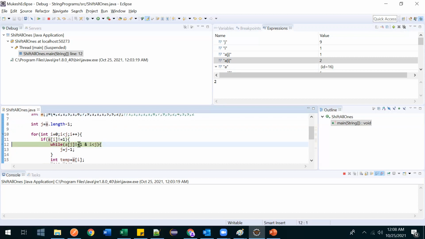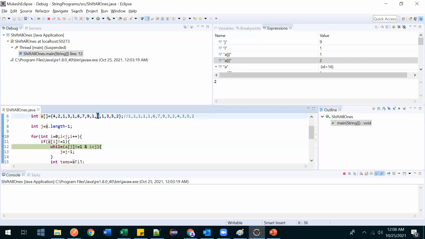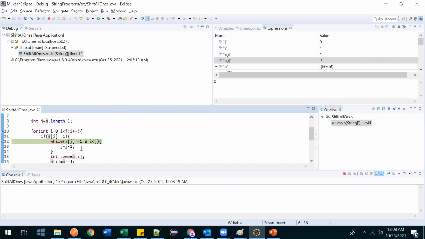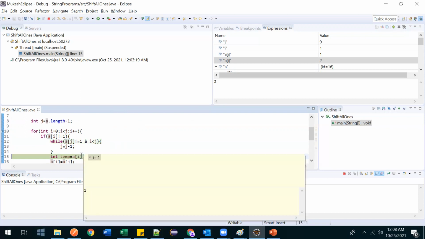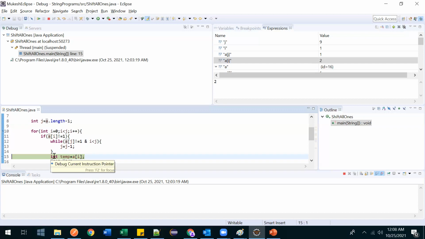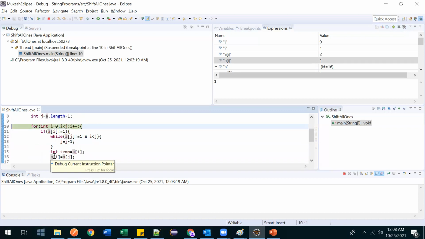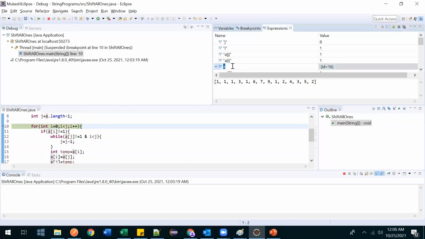Okay, now let's go inside this. Here we will check whether ai is not equal to 1. No, ai is equal to 1. See here, this ai was pointing here, now it is 1. So it will not go inside this to decrease the value of j. It will just come here to exchange that value. Okay, F6. See, it came here, right? Now press F6 a few more times. Now if you see the value of a, 2 is gone, now it became 1, and the 2 that was there got exchanged with this one. Now the aj value became 2, right?